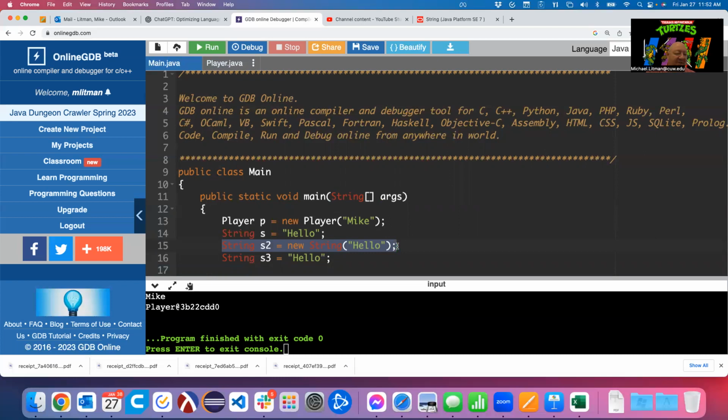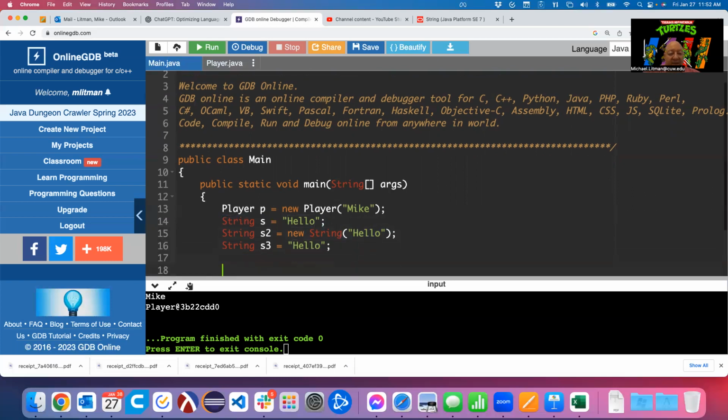So because of this, Java has a special syntax reserved only for strings that allows you to treat strings as if they are almost primitive types like ints and chars. So you can quickly create a string by saying string S is equal to hello like that, and you don't need to actually use the new keyword along with the constructor, passing it the string and letting this guy build it. That make sense?